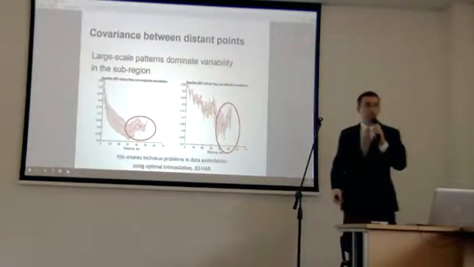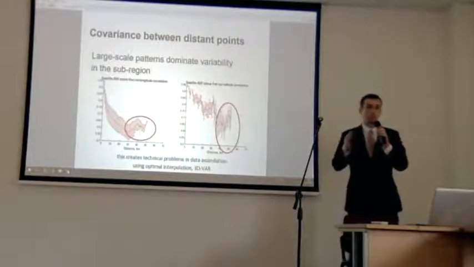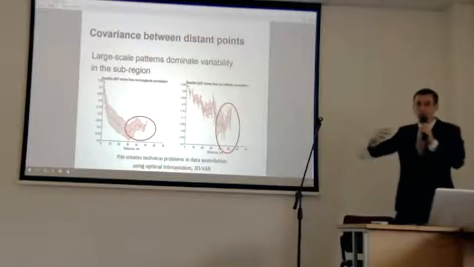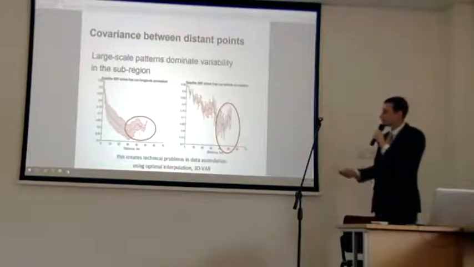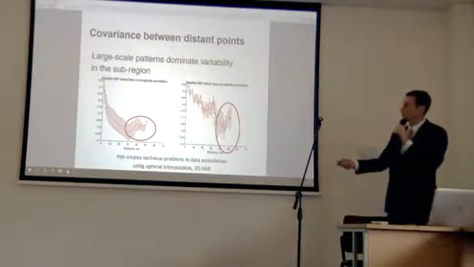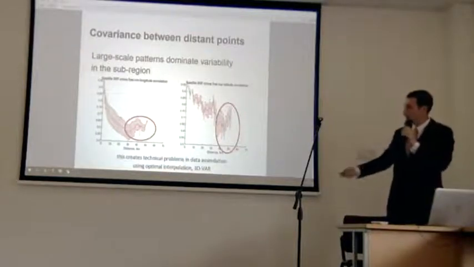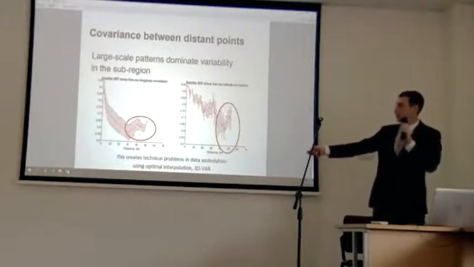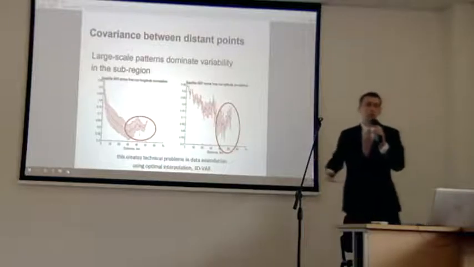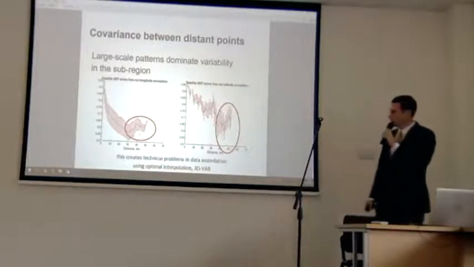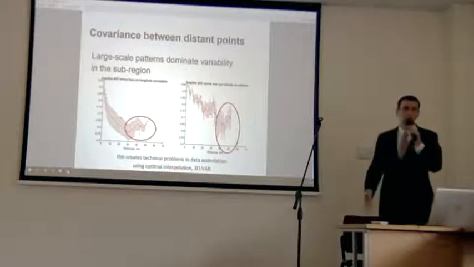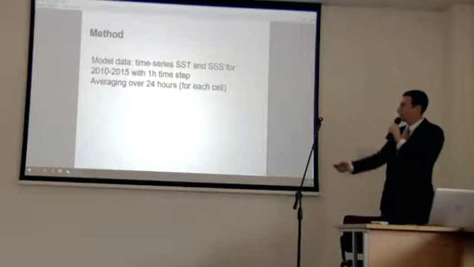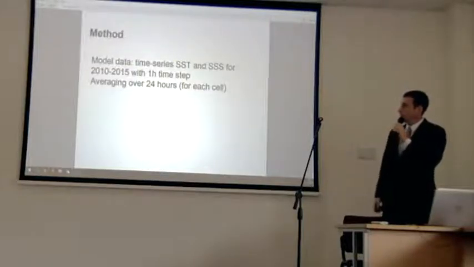So the first idea is to interpolate the observations that we have and extrapolate to other empty areas, or use the covariance between 2 points. But as you can see, with increasing distance, covariance can increase, which is not logical. So that creates problems for optimal interpolation and other methods. And we applied